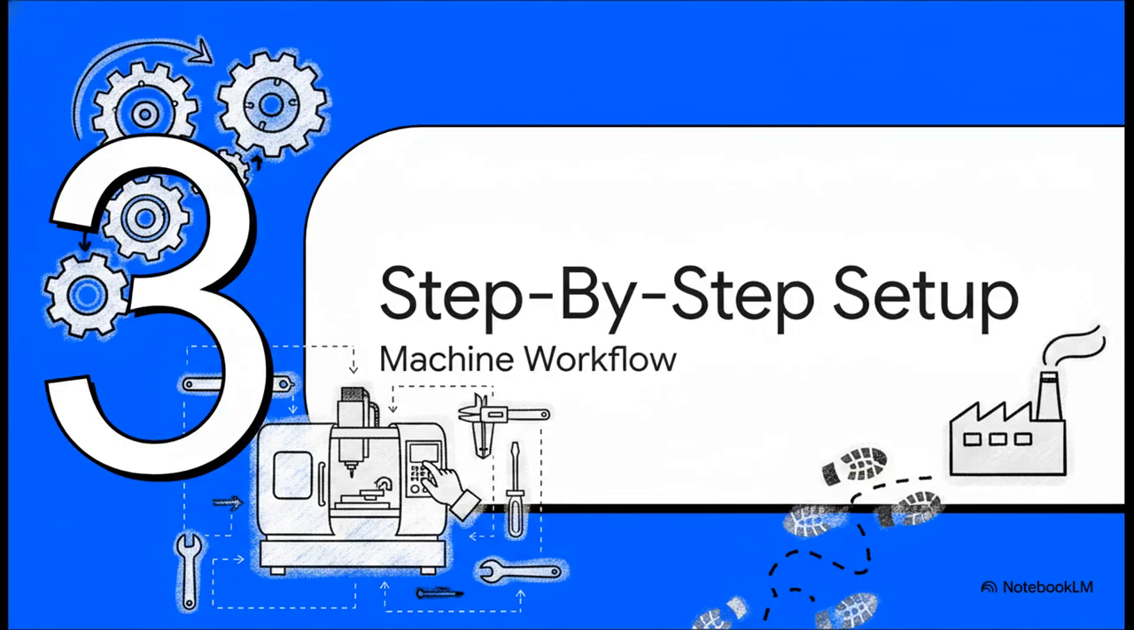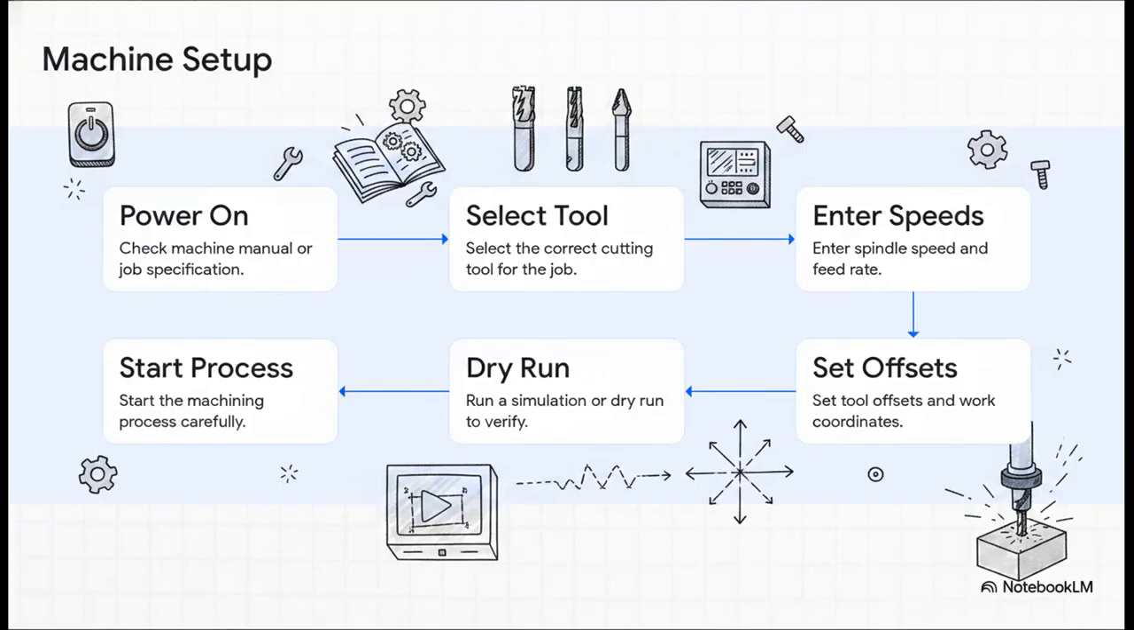Let's move to Section 3 and see how this all builds together. Step-by-step machine setup. When you finally step up to the machine, the workflow is always sequential. First, you power on and immediately check your machine manual or the job specification sheet. Then, you load the correct physical tool for the job and enter your spindle speed and feed rate straight into the control panel. After dialing in your tool offsets and zeroing your coordinates, you reach the most absolutely crucial moment: